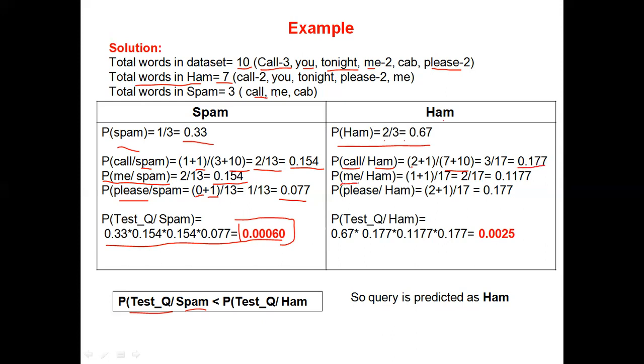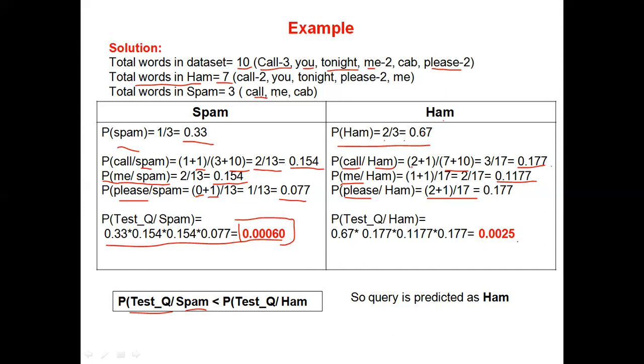Then calculate the probability of me for the ham. Using the similar formula, we get the probability 0.117. Then calculate the probability of please for the ham, it will become 0.117. Then take the product of all these probabilities. So we get 0.67 into 0.17, 0.17 into 0.17. So my probability comes here,